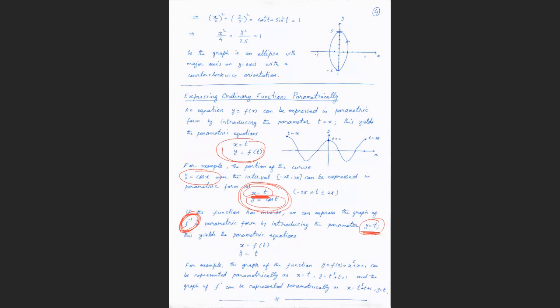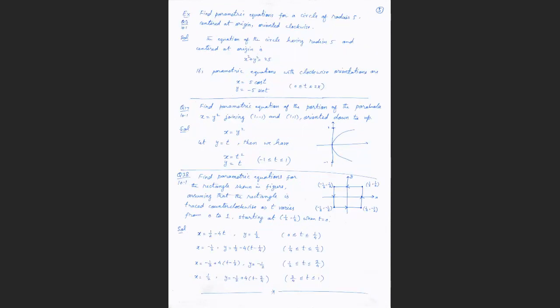Like see, y is equal to x power 5 plus x plus 1. If I choose x is equal to t, y becomes this one. If I take the inverse, x will be y power 5 plus y plus 1. So what do we have to choose? I have to choose y is equal to t, then x automatically changes to t power 5 plus t plus 1. So this is how you can represent any function in parametric form. This is the first example I will explain here. We have to change the equation into parametric form.